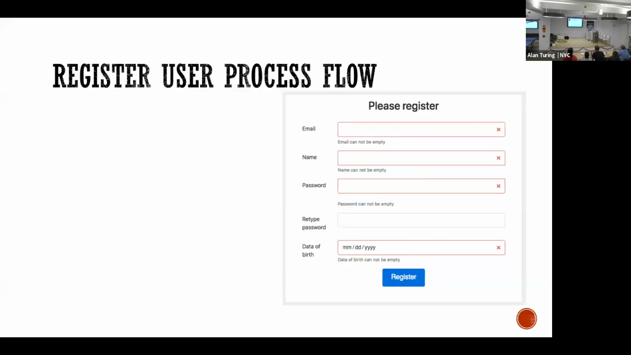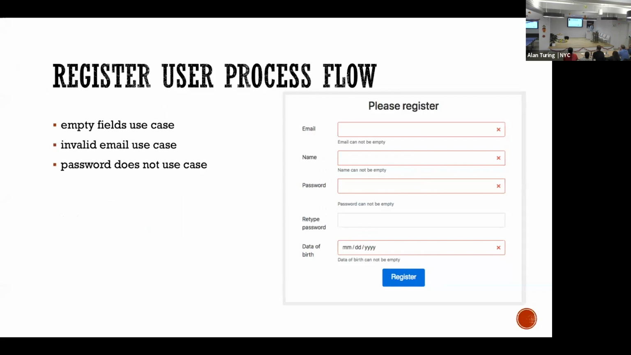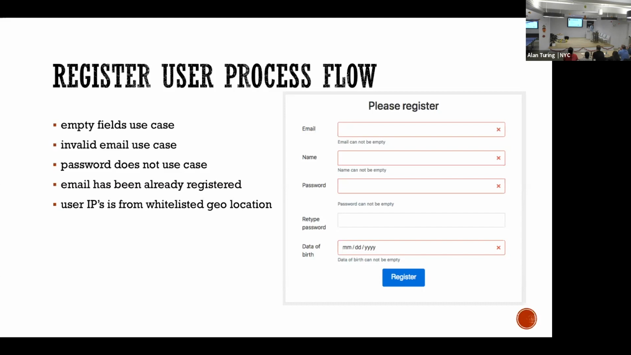Okay. So in this particular SSO application, we've got two main system flows that we want to test. The first one is the registration flow. And there are a lot of use cases we can think of. The very first one is the empty field use case. We've got the invalid email use case, the password doesn't match use case, email has been already registered. User IP is coming from a whitelisted or blacklisted geolocation. And finally, you want to test that the user has been successfully registered, and then test sending user activation and email verification. So there are so many cases just for this one